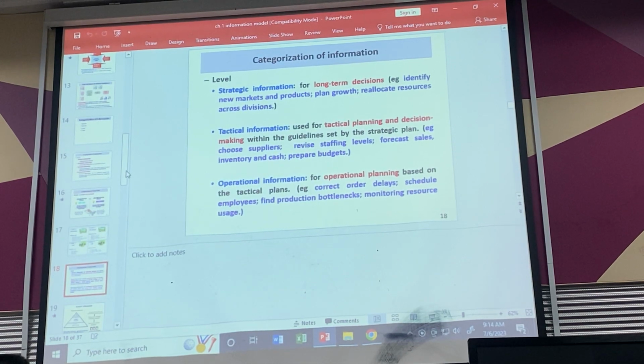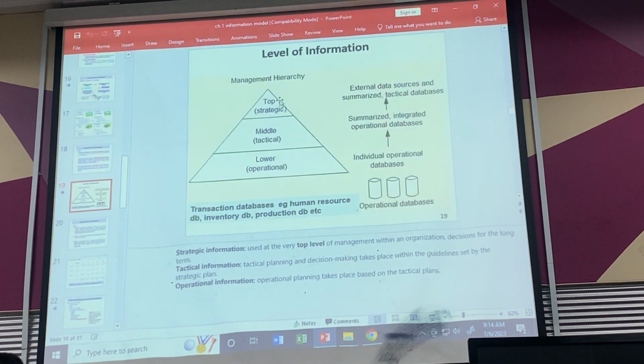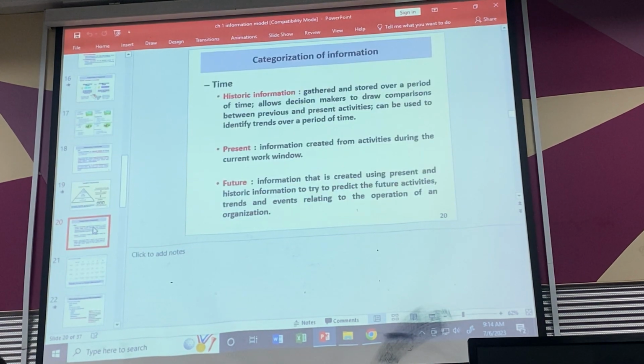Okay, so we rest for a few minutes, then we continue. This one we are done already. So we stop for